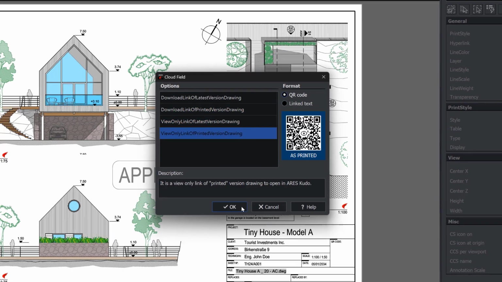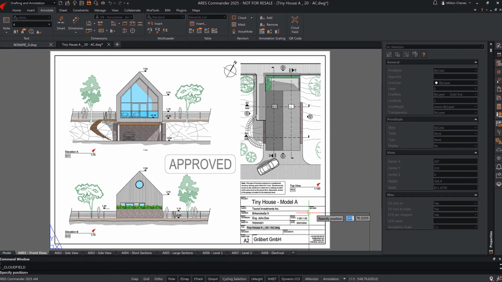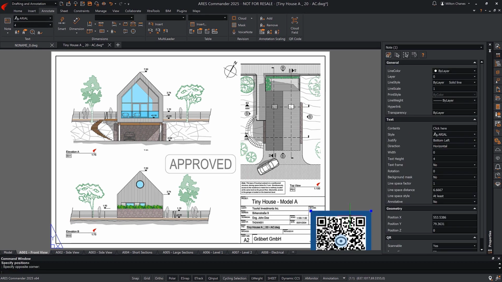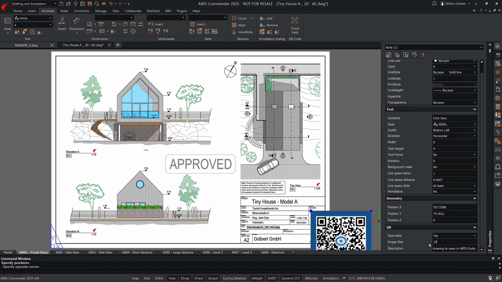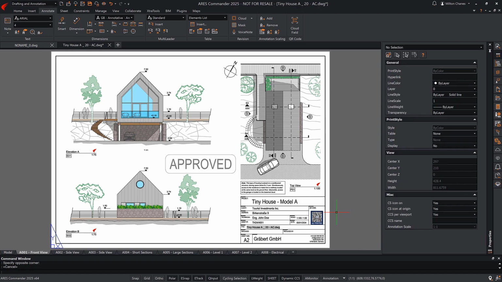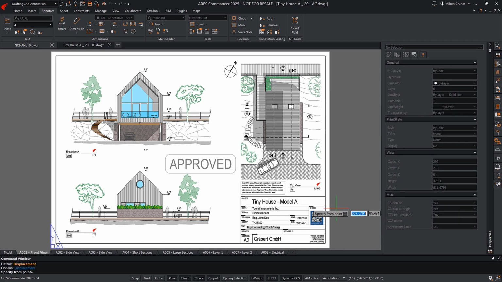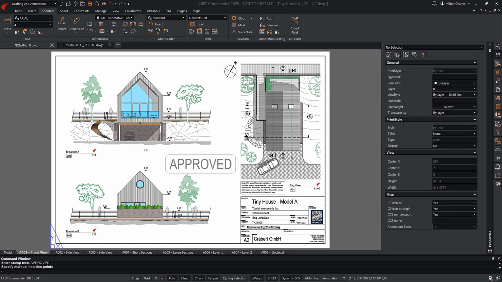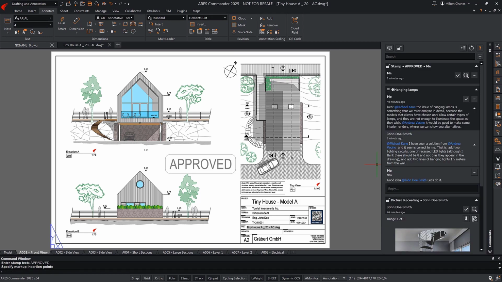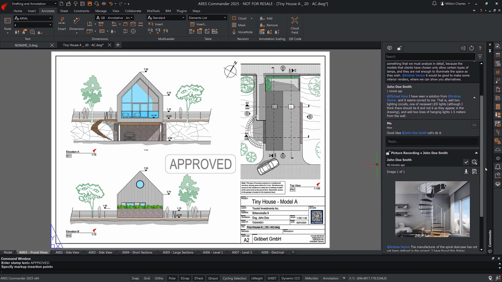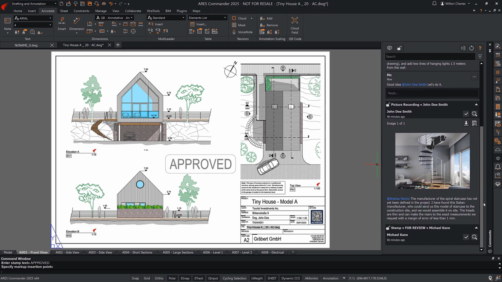Using this code, anyone looking at the printed drawing or PDF can scan the QR code and see the drawing online, exactly as it was printed after validation. In this case, the key advantage is to use the QR code to provide feedback or ask questions using the comments and markups. Again, we see these comments or questions inside Aries Commander and could use this feedback to continue our project.